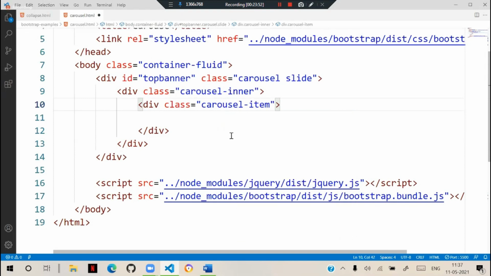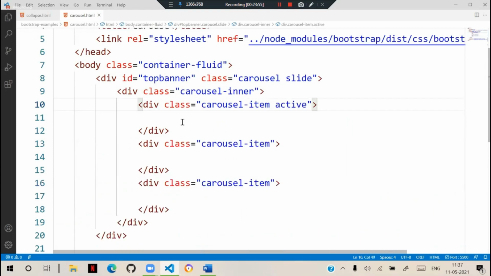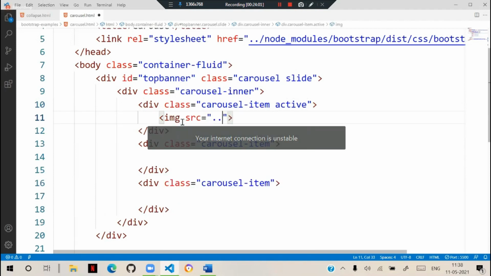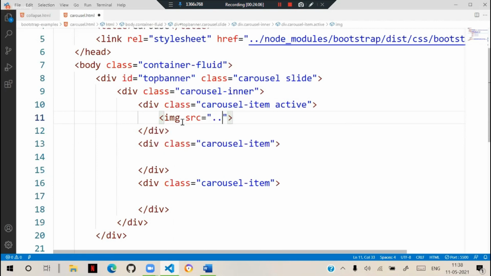Only one item needs to be given active, and the first is the first image.